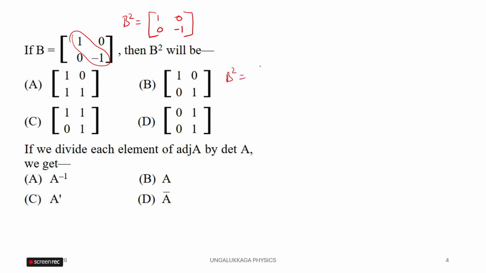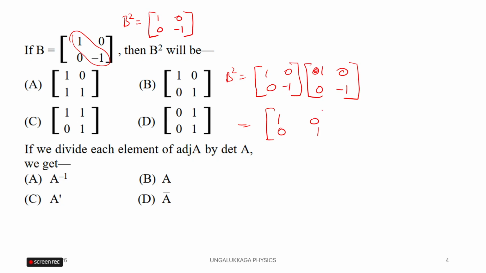So B square, 1, 0, 0, minus 1 times 1, 0, 0, minus 1, so we will be having 1, and we will be having 0, 0, and minus 1 squared is plus 1, so it's a unit matrix, so we will be having diagonal elements as 1,